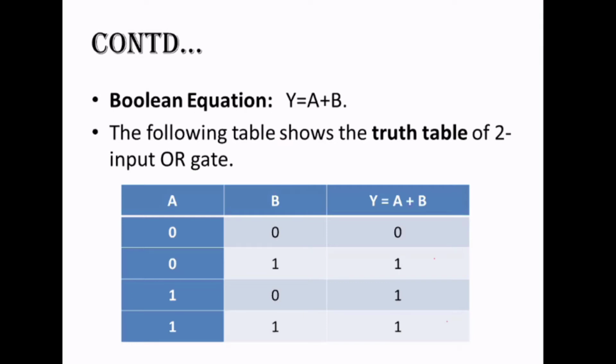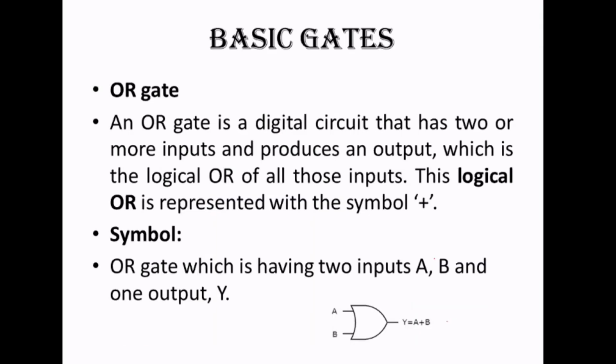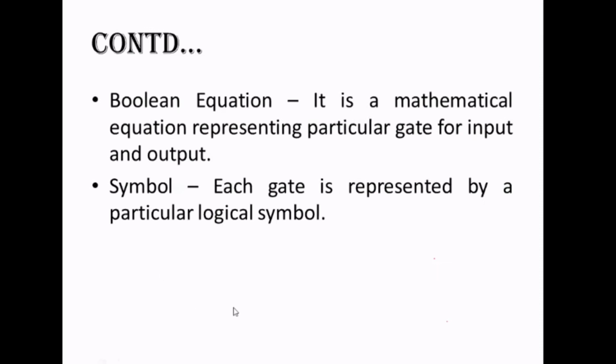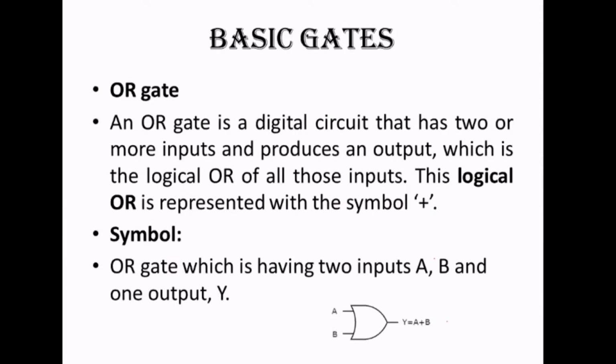Okay. Now let us continue with the revision of the things, right? The last definition was symbol. So what do you understand by symbol? Symbol means a particular denotation for each and every logic gate. For example, over here you can see this kind of structure is used to represent your logical OR gate, right? A curve and then the two curves over it. This is used to represent your logic OR gate.